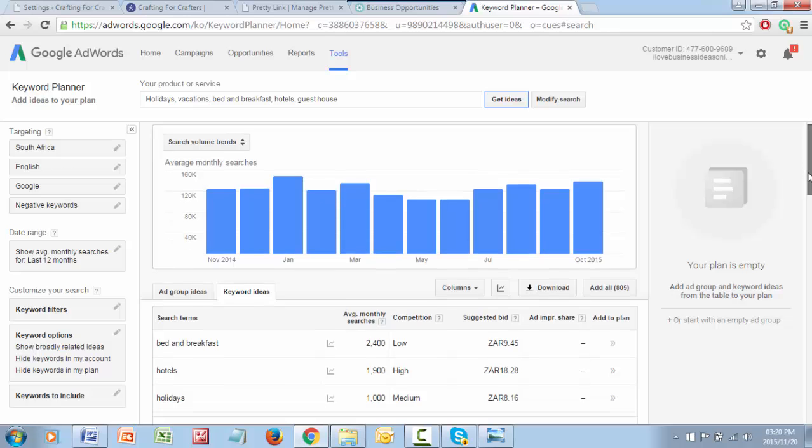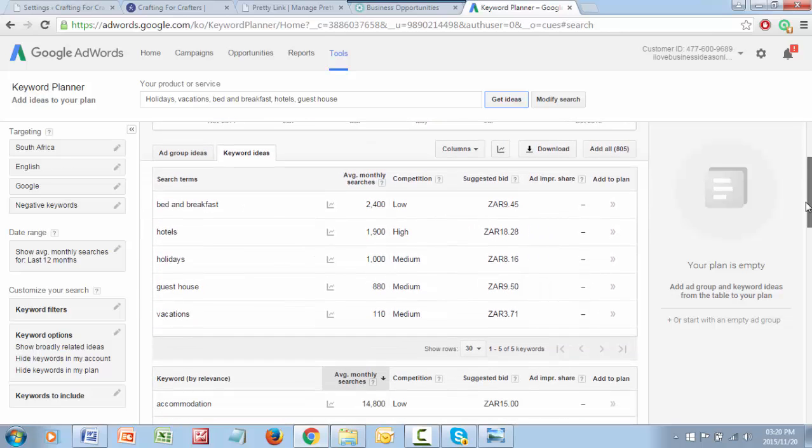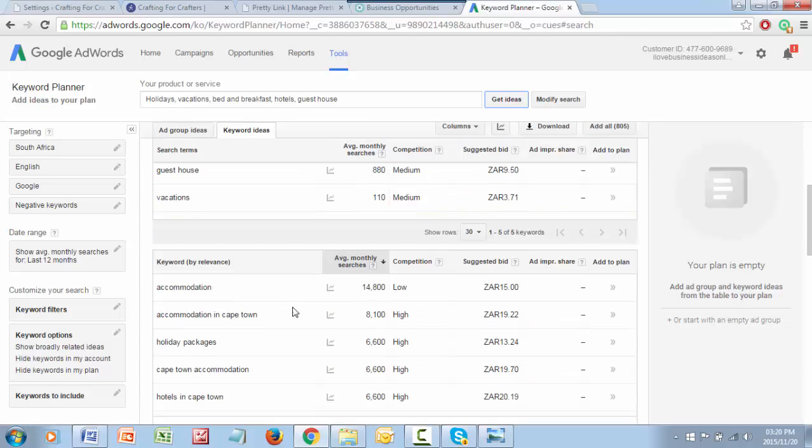What it's done is it's told me that in South Africa there's a lot lower searches for that kind of thing. So bed and breakfast, as it's a seed keyword, by the way. I doubt anybody looks up bed and breakfast on its own. They're going to look up bed and breakfast in the Karoo, in the Cape, on the coast, south coast, north coast, that kind of thing. Obviously suited to where you are.